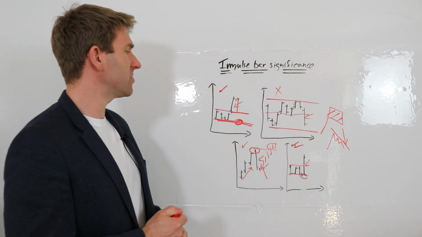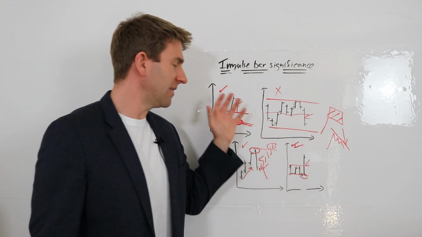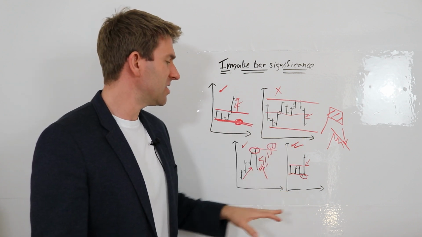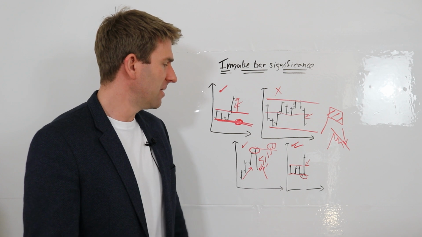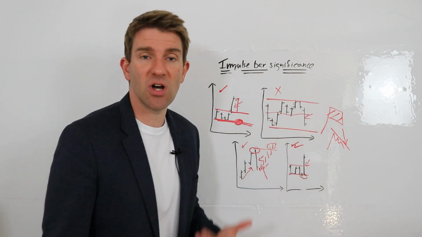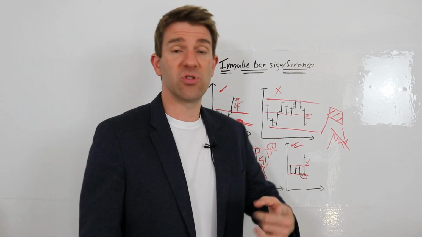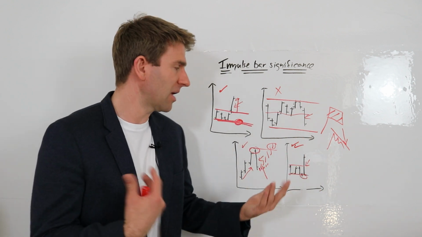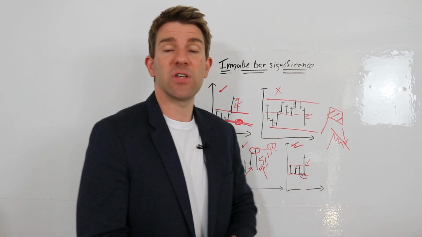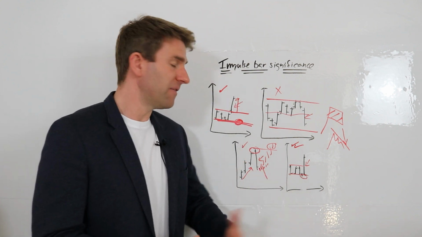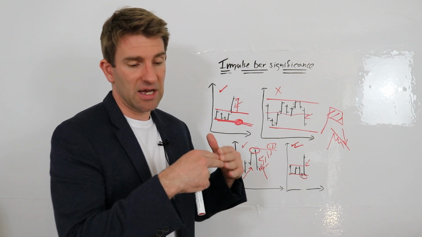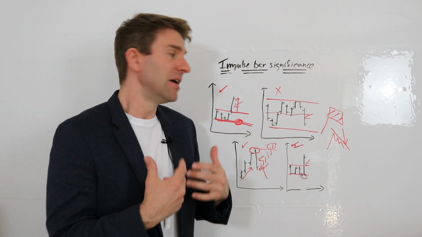So impulse bar significance, guys, I think they have significance, except for these types of things that are just sitting in the range. It's the response that's the key, but often they can be like, oh, hello, and they're very easy to set alerts for, right? You can set an ATR in TradingView at 1, which gives you the range of the bar, or I'll customize a little tool that gives you the range of the bar, and then set an alert. And say, okay, if it goes above the average, or if it's the highest of the day, you can sometimes set a line on that and put an alert on that,